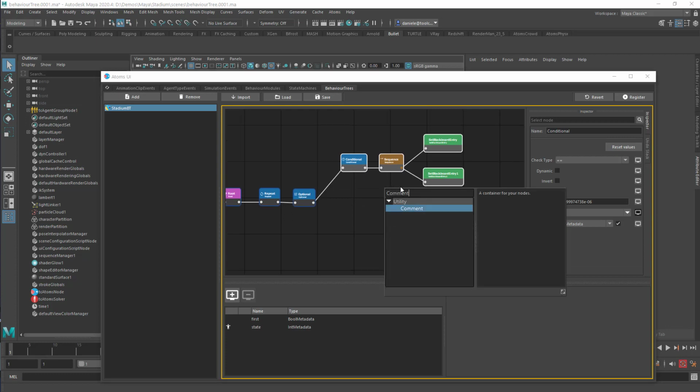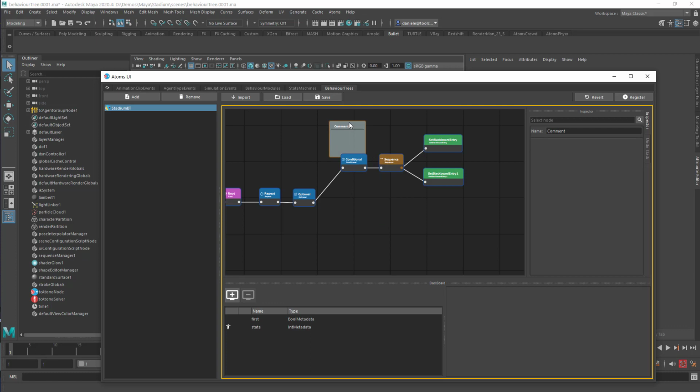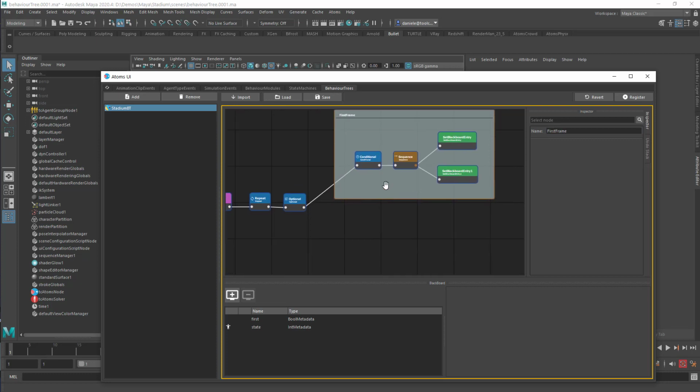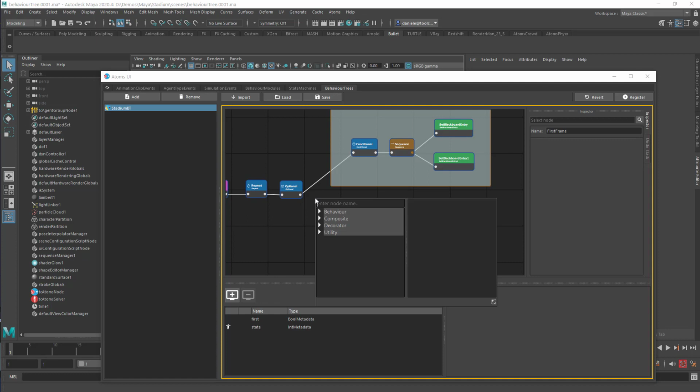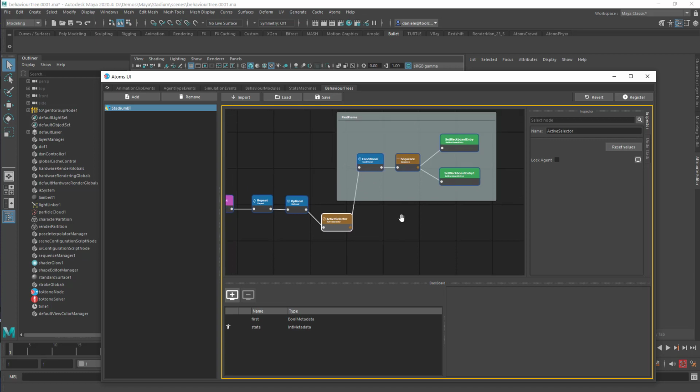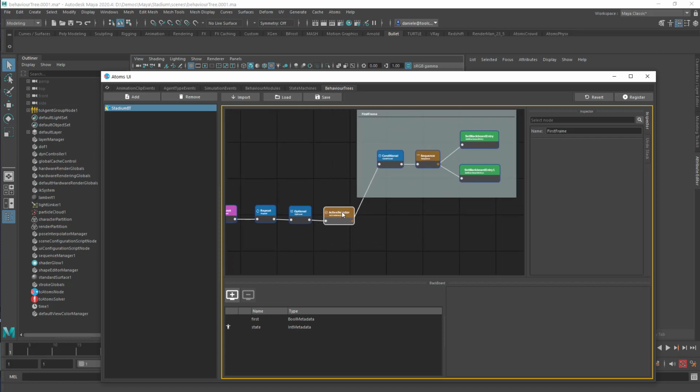Let me create a comment node, and I'm going to move this up there like this. So first frame. Okay, so this is basically what happens on the first frame. We're going to make an active selector here. The active selector is what we want to use because basically how it works is it's going to iterate through the children until it finds one that it runs successfully, and also at each frame it's going to